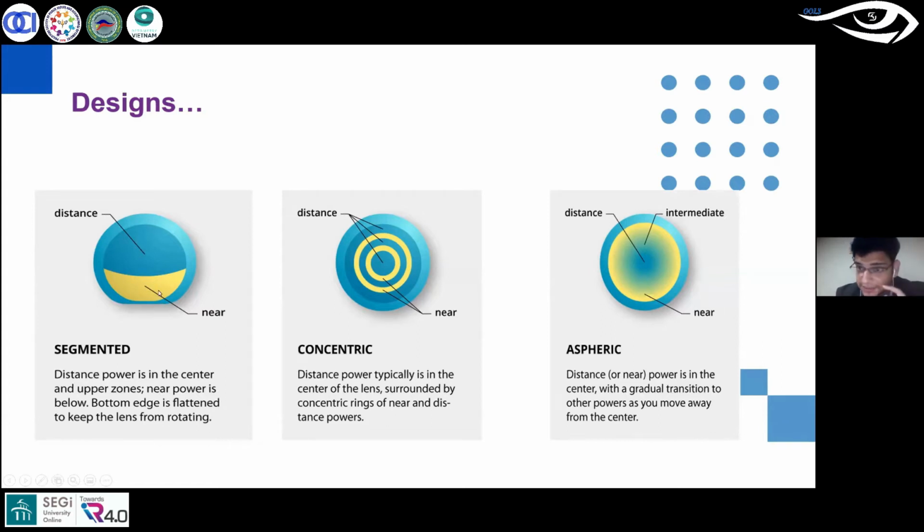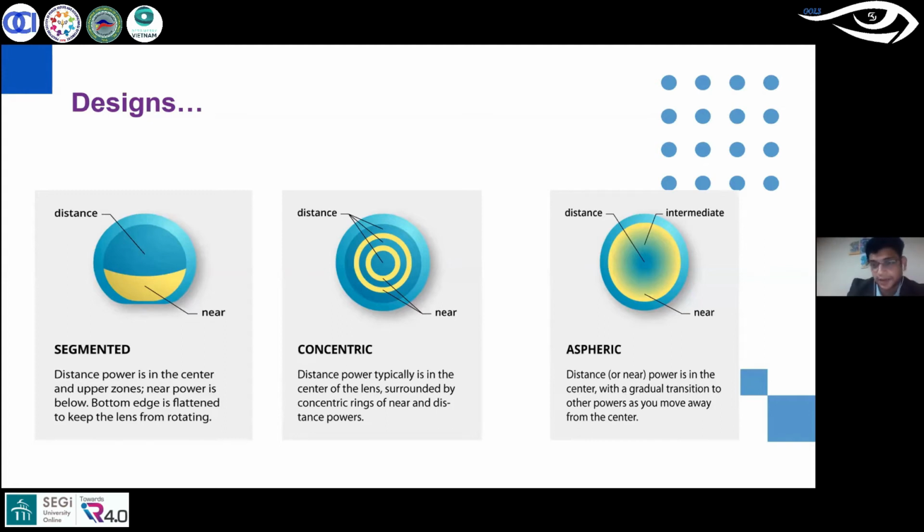If the lens sits on the lower lid, when the patient looks up, they see the distance, and when they have to raise the chin slightly up and look down, they will be able to see through the reading zone. Obviously, they were very uncomfortable because they were sitting at the lower lid. So later on, this design was slightly modified, and the prism ballast was introduced at the bottom of the lenses instead of the truncation. But still, the patients were not very happy, particularly in dim light illumination, because the reading part used to come into the pupillary zone as well.